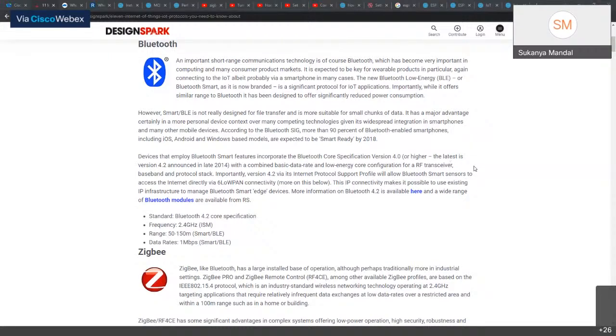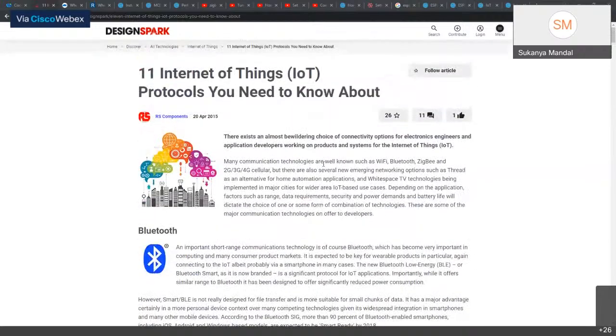Okay. So in this session, we'll be talking about wireless protocols for IoT. When it comes to wireless protocols, there could be personal area networks, those wireless protocols that cater to smaller regions, and then there could also be wide area networks.